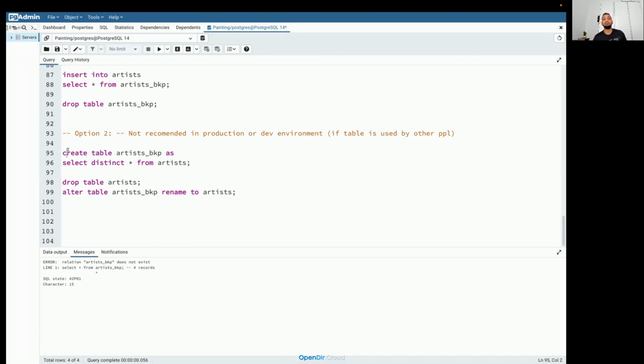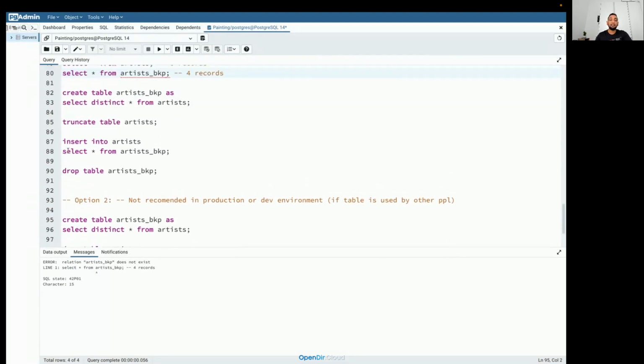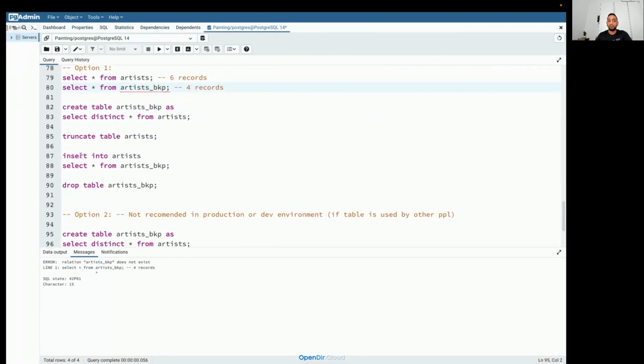Because this table might be used by some of our user applications. If you drop a table, our entire application might crash, right? We would not want to drop the table. In that case, you can tell that, okay, you don't have to drop it, but you can do an insert